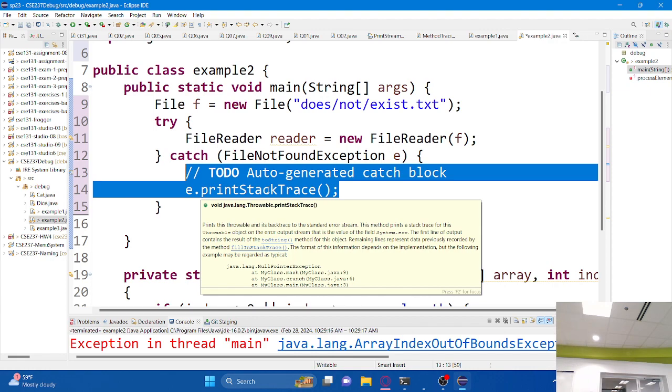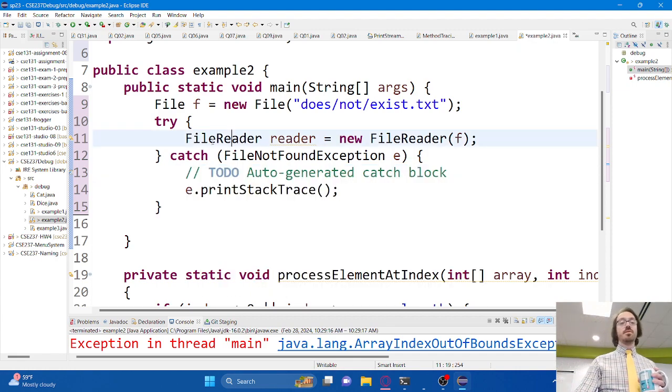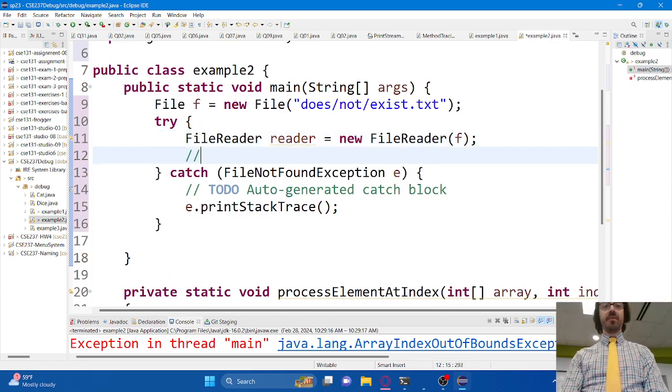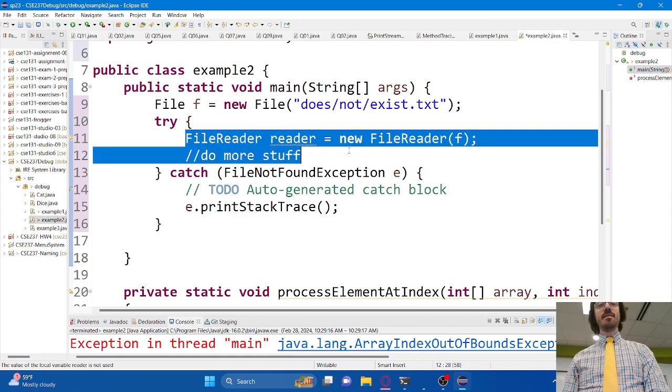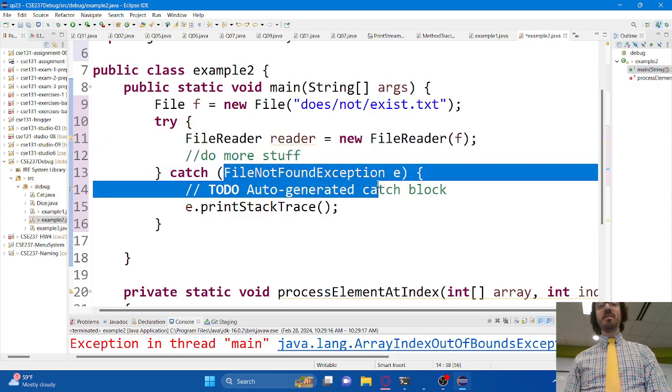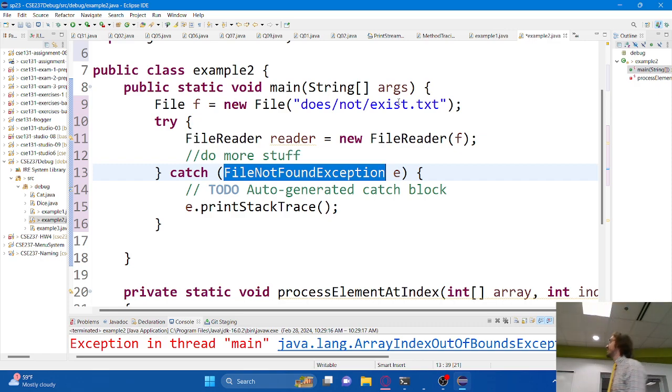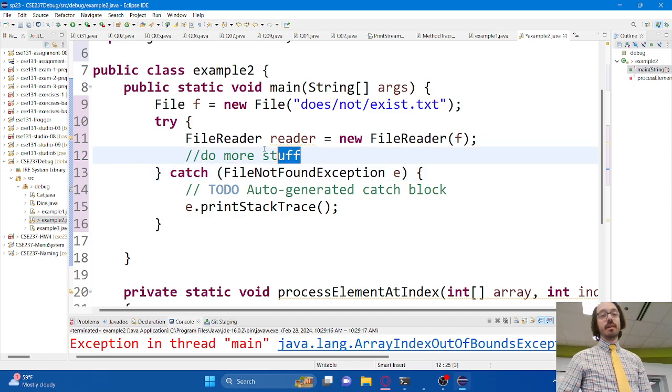If the error doesn't occur, right? So if this line of code, or any other lines of code, this doesn't have to be just one line, I can do more stuff here too. If any of these lines of code cause this specific error, the one where I can't find the file that it's trying to work with, it's not going to catch any exceptions. If these all run without causing that problem, then we just skip over this whole block. But if any one of these lines causes that error, then we jump down here and we do this stuff,